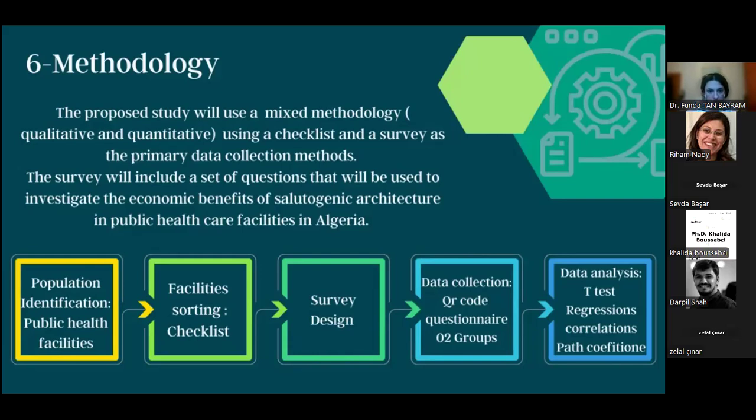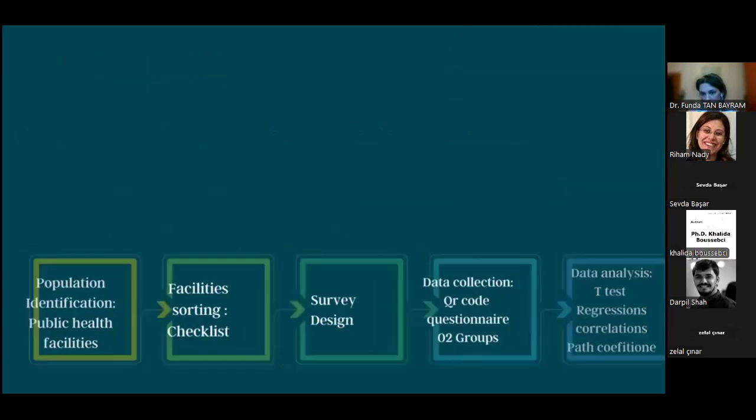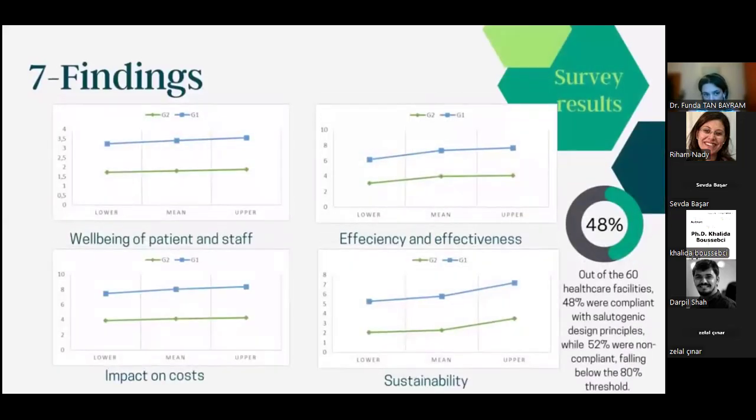Then for the data collection, we use QR code questionnaires which make the data collection easy for both the groups. Going to the data analysis, we use descriptive statistics and a t-test to measure the mean difference between the compliant and non-compliant groups, and compare the effect of salutogenic principles on various aspects in the healthcare facilities using the t-test